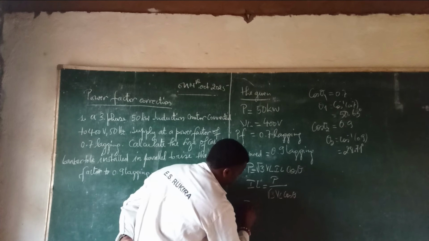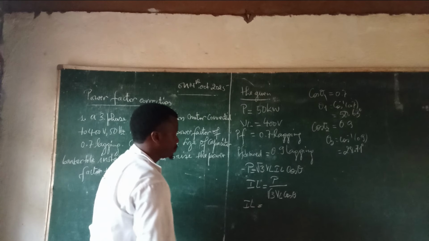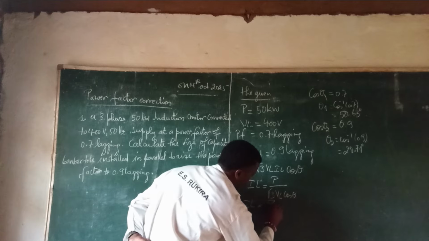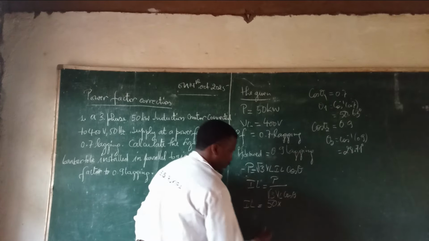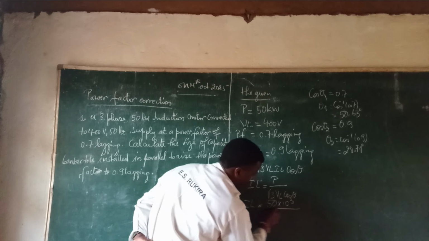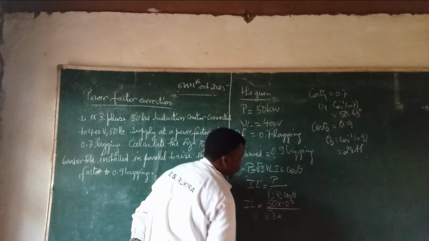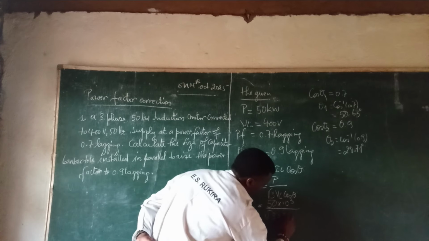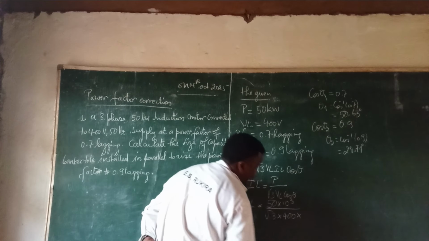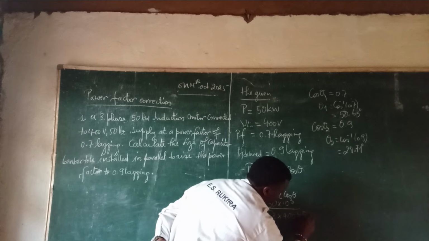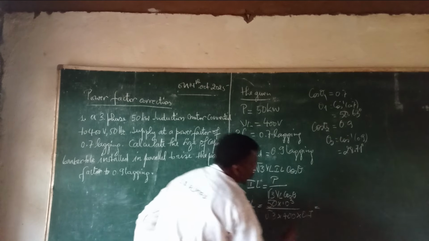So the line current is equal to 50 kilowatts, 10 power 3, divided by root 3 times 400 volts times 0.7,